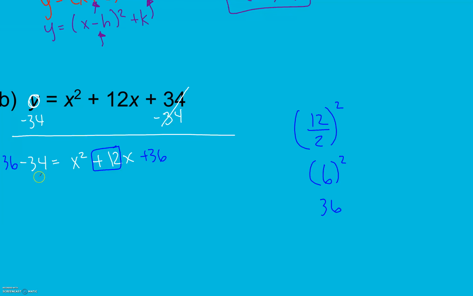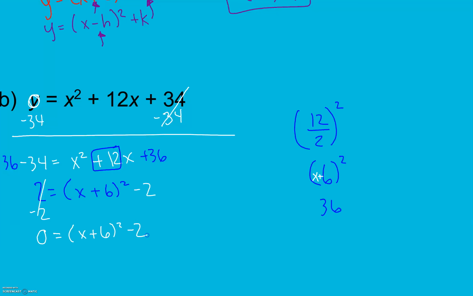And my x squared plus 12x plus 36, I can rewrite as x plus 6 squared. And again, if you're not real confident with those factors, remember that we can take our value over here and just add our x in there. And since it's a positive 6, it's a plus. Now, again, we're not solving, we're trying to get it in vertex form. So I move my 2 back to the other side